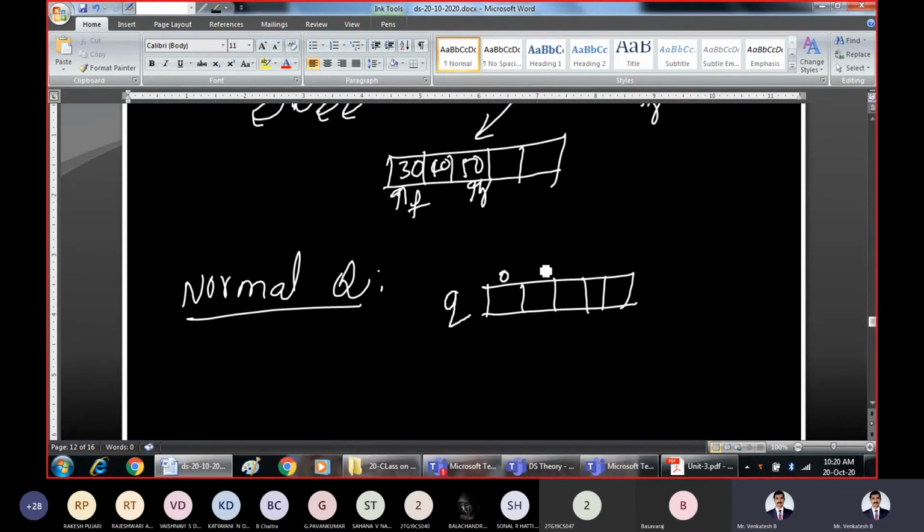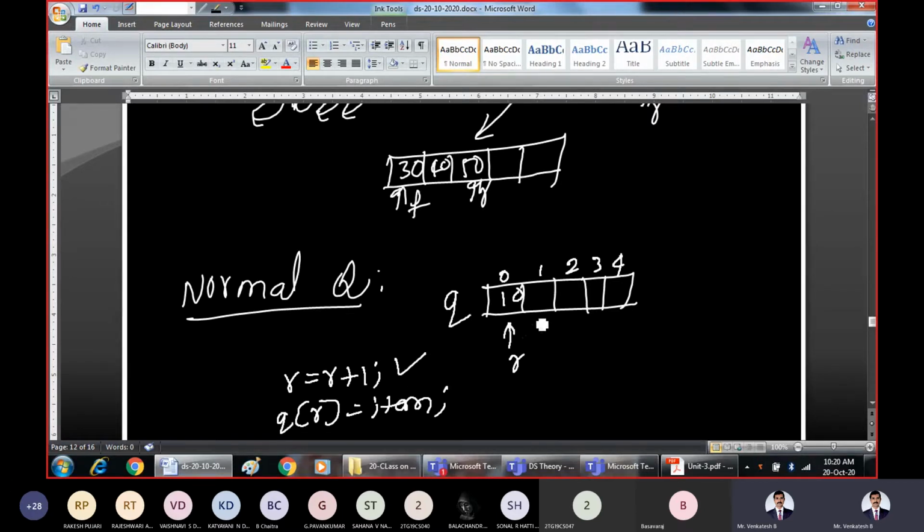If you want to insert some elements, I will just make the rear point here. How do you achieve that? Rear equal to rear plus 1. That's a simple procedure, and in that location what we will write? We will write q of r equal to item. That is a simple procedure. 10 you will insert. If you want to insert 20 here, what will I do? I'll perform rear equal to rear plus 1. Make rear point here, then q of rear equal to item 20. That's the simple procedure we follow for normal queue.